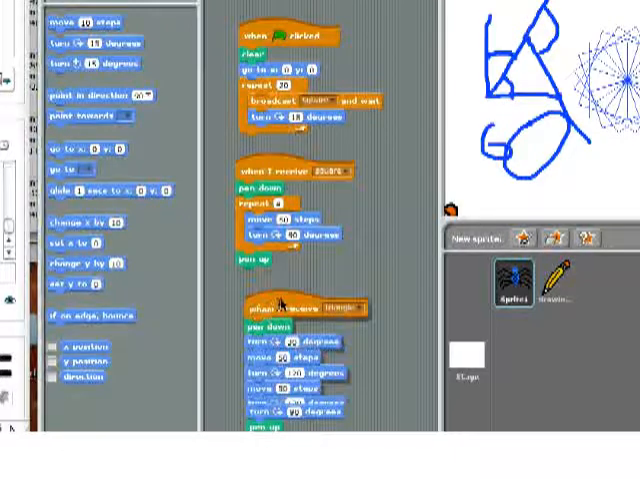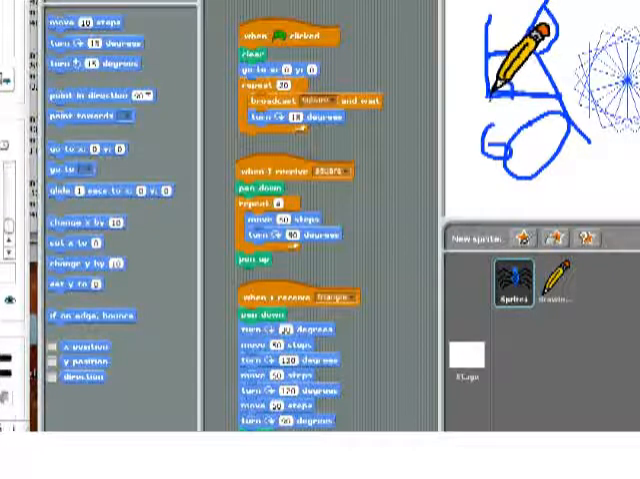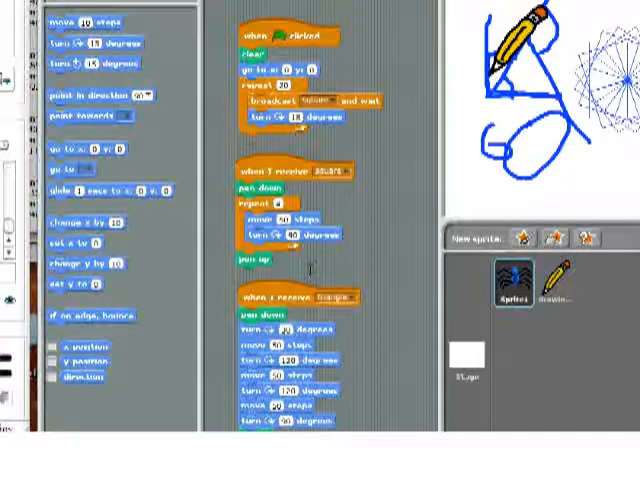And then pick the pen up. So when we receive triangle, put the pen down, turn 30, start off this first line, turn 120, start the second line, turn 120, start the third line, then turn 90, we'll be facing straight up again. And we can now change